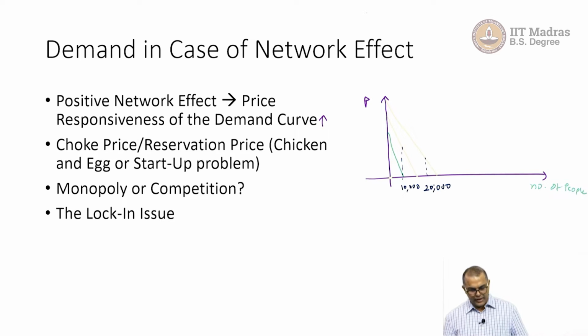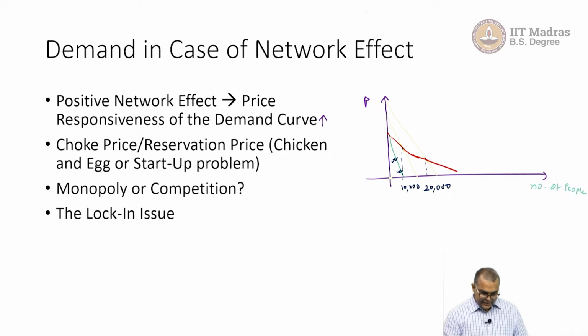Now if we want to get the market demand, we cannot simply sum this curve. Let us say we are doing it for 10,000 people, we cannot simply sum this curve in a horizontal manner 10,000 times or 20,000 times. That would not work, because that horizontal summing is ignoring the network effect. So first let me draw it and then I will explain. The market demand in this case is going to be like this.